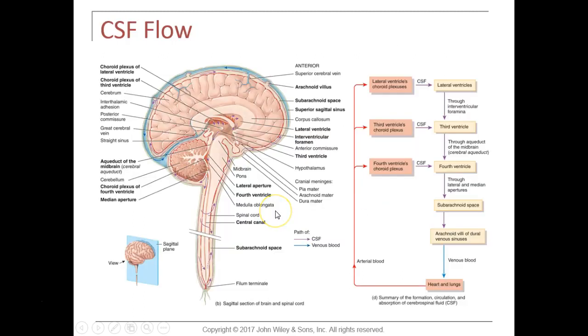So let's look at the direction in which cerebrospinal fluid flows through basically the central nervous system. The choroid plexuses, the blood capillaries with the ependymal cells, are located in the ventricles. The ones that we just saw from the last picture are called the lateral ventricles. They're in each of the cerebral hemispheres. Here's a sagittal section through the brain. Inside of here is the lateral ventricle for the left cerebral hemisphere, and there would be one for the